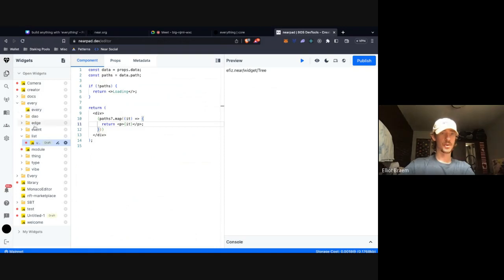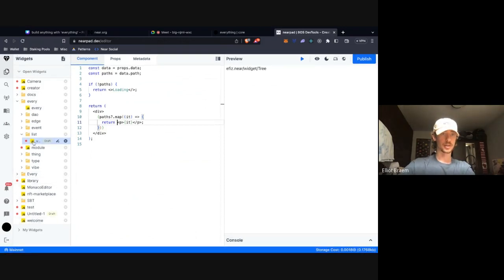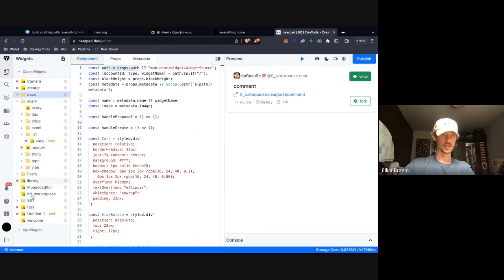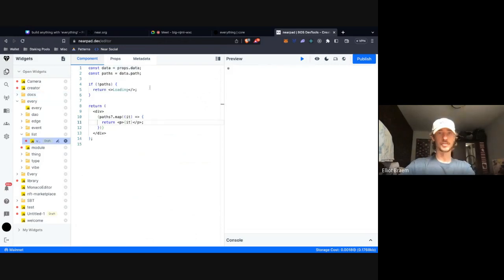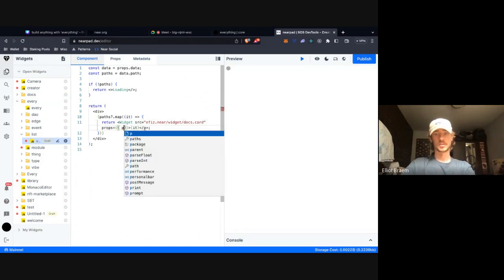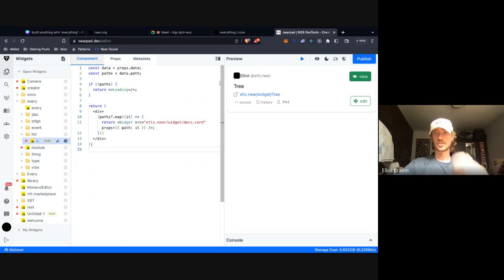We created that one component yesterday, which is docs card, which takes in a path, and it shows something like this. Cool.